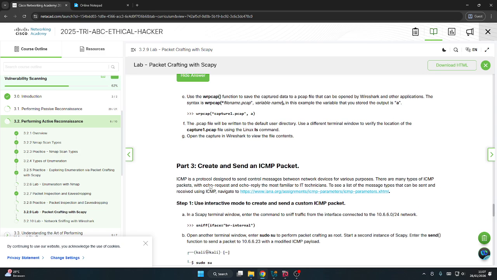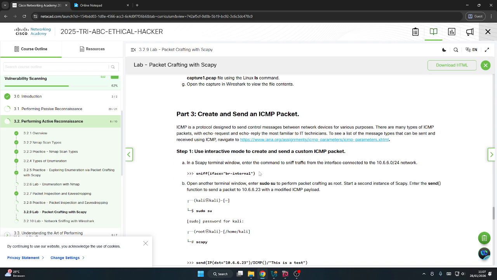And part 3, creation of an ICMP packet. ICMP is a protocol designed to send protocol messages between network devices for various purposes, and use interactive mode to create and send a custom ICMP packet.